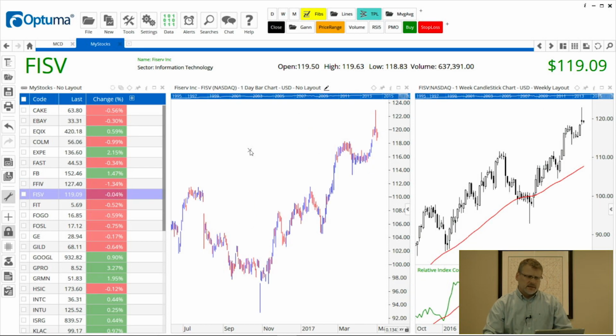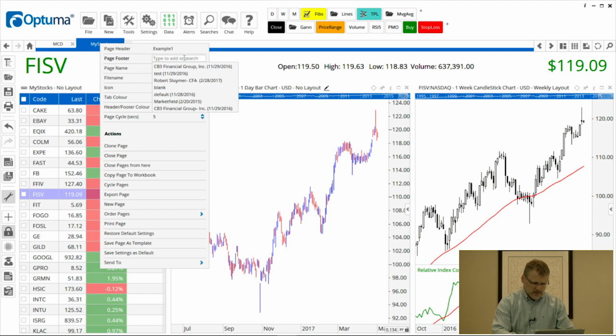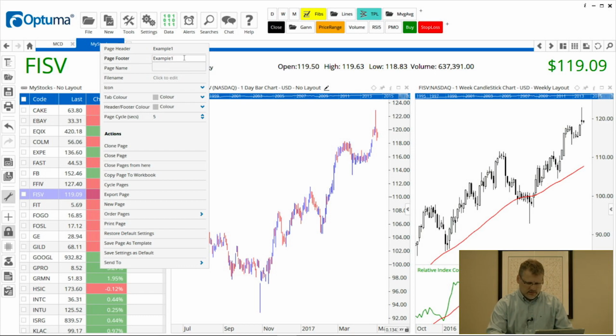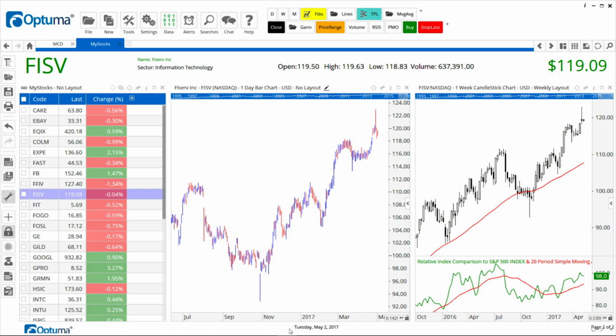So we also have page footers, so that's very similar to headers, but we can add page footers as well. So let's keep with the example 1, and then by default it's put our logo down the bottom, the date and the page number, but we can click on the pencil to go into edit mode, and again you can add any of those fields and customize it exactly how you want.